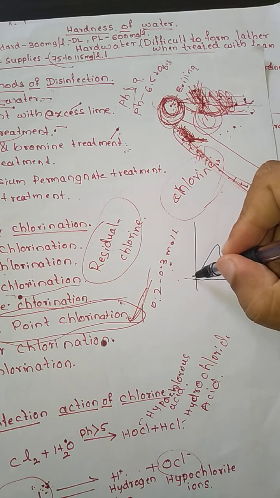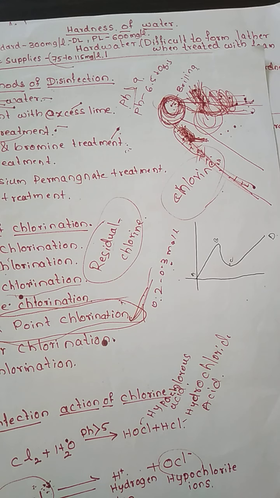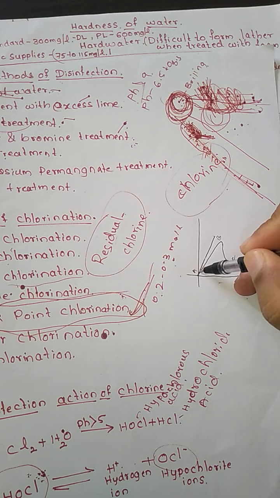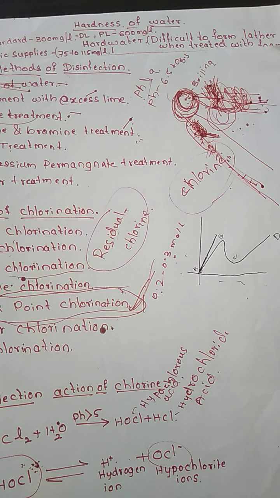So here it is A, B, C and D. This I have already explained in detail. The x-axis shows the applied chlorine, and the y-axis shows the residual chlorine. Now when chlorine is added, initially the water will be pure and hence the chlorine demand is not required. A curve having line A in the figure is obtained between the applied chlorine and residual chlorine. So here, line A: when the water is clear and we add the chlorine, then applied chlorine and residual chlorine will go hand in hand.